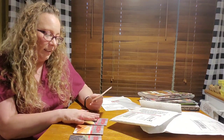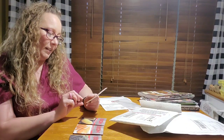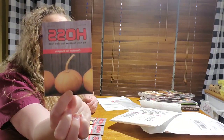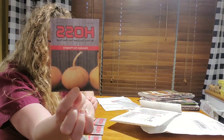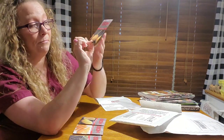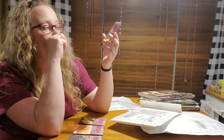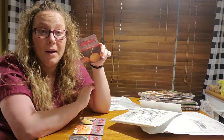And the last pack of seeds that we got from Haas was the Cherokee Tan Pumpkin. I've heard so much about this pumpkin, y'all, about it just being pest resistant. It grows a lot of them. I really love pumpkin, even though it is a starchy vegetable. I mean, you can make your own pumpkin pie,